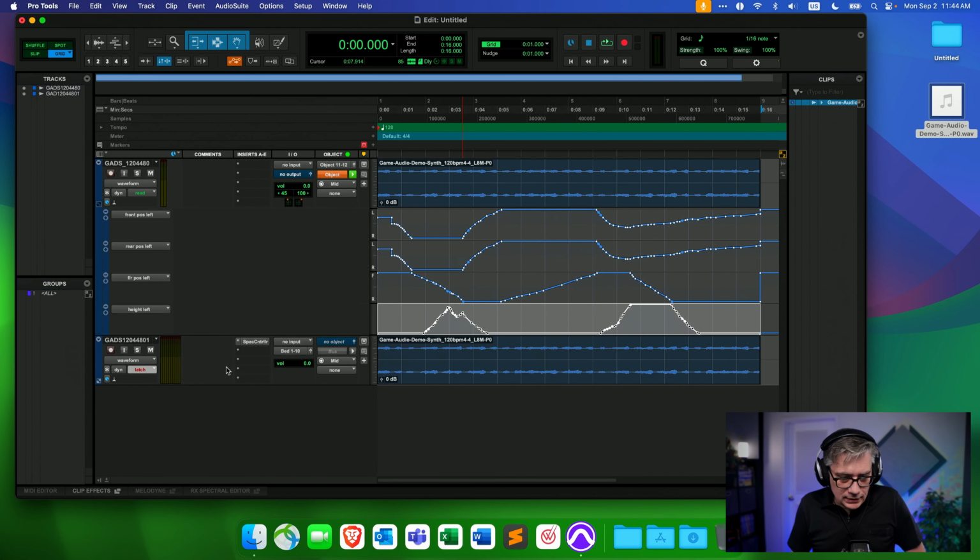And that means we have now used Space Controller to use a smartphone to position our object in three-dimensional space and then copy those automation lanes into the Ultimate Painter from Pro Tools, and we can work that way. Now, you would keep that additional track here, just in case you want to redo the automation and the positioning. But other than that, this no longer serves a purpose. So I would mute it here and work from there.